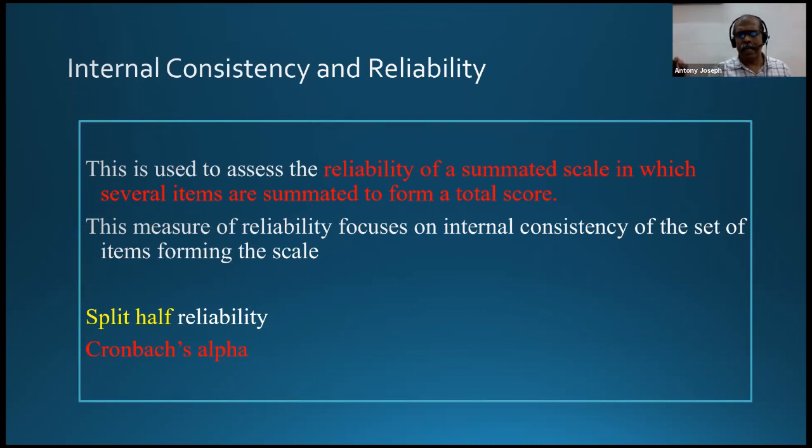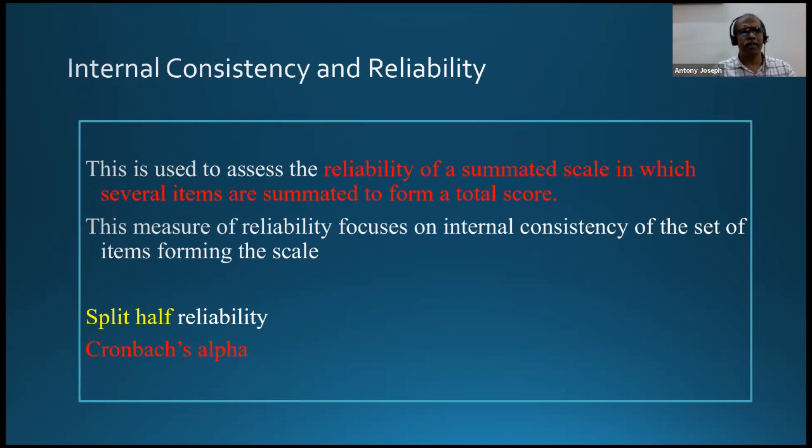If you check the SPSS, there may be one more thing, that is Guttman's reliability. But basically, there are 2 different reliability measurements, that is split half reliability and Cronbach's alpha. For research in commerce, management, and other social sciences, people are actually using Cronbach alpha. I would like to tell you something about split half reliability.